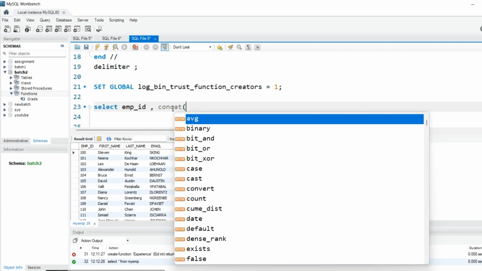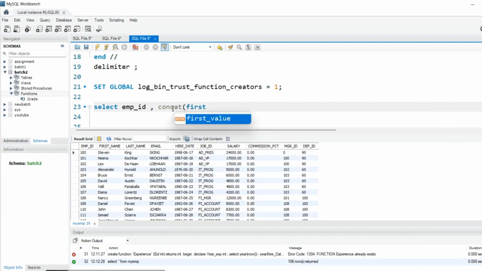I will use concat of first name, I want a space also between them, then last name as full name. Then what column do I want? Hire date. Or let's not take hire date,